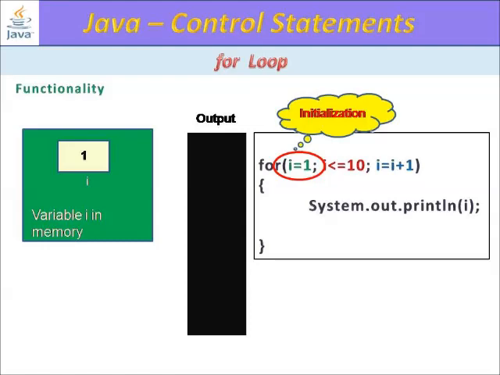And here you can see that the rightmost side is the program part, the middle part is the output screen, and the leftmost side is the value of the variable i in the memory. So when we see the initialization part, i is equal to 1. So of course the value of i in the memory is 1, right?